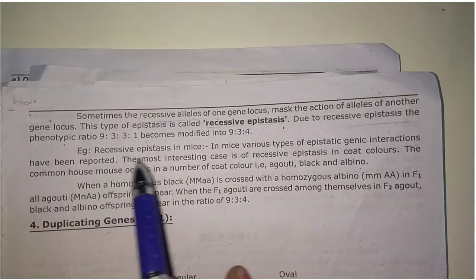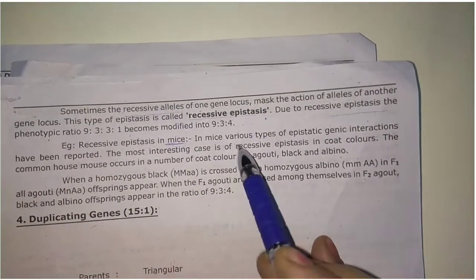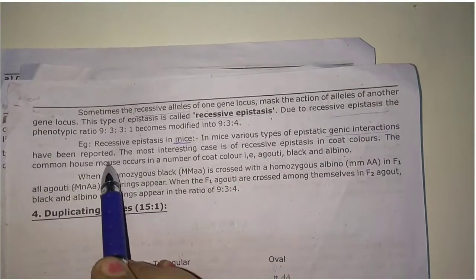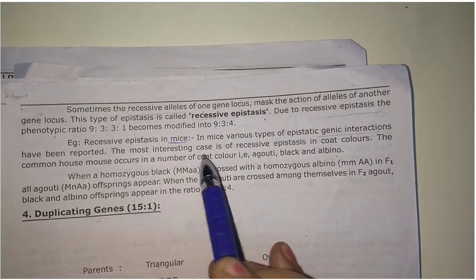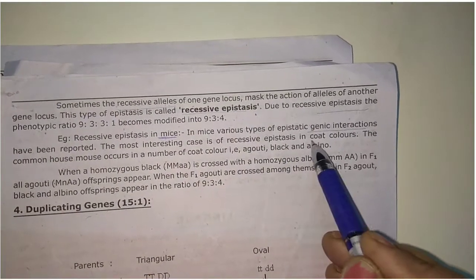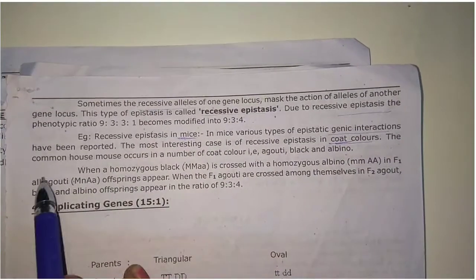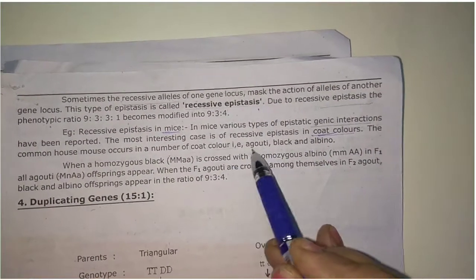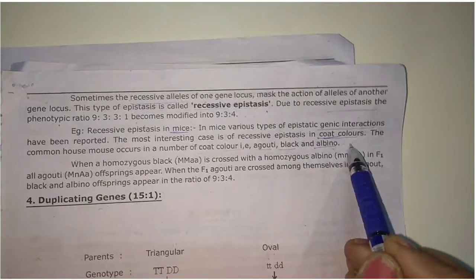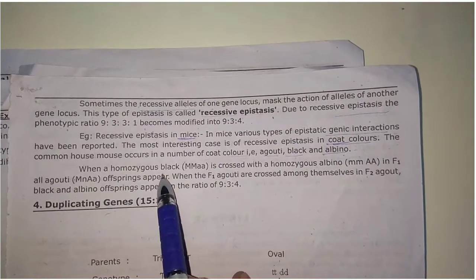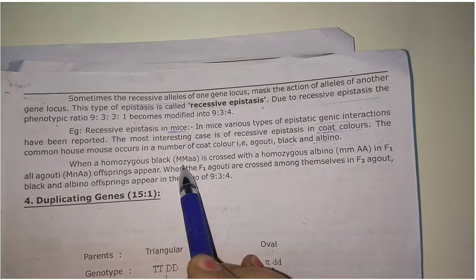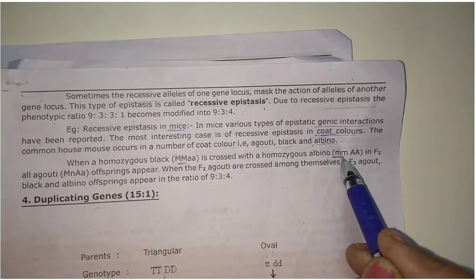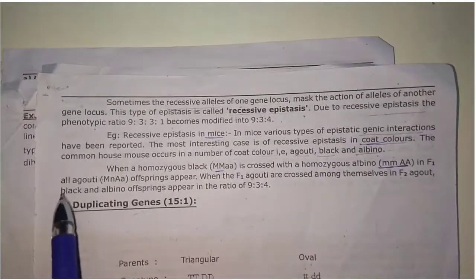Example, recessive epistasis in mice. In mice, various types of epistatic genetic interactions have been reported. The most interesting case is of recessive epistasis in the coat colors. The common house mouse occurs in a number of coat colors, that is agouti, black and albino. These are the colors. When homozygous black, MMaa, is crossed with the homozygous albino,